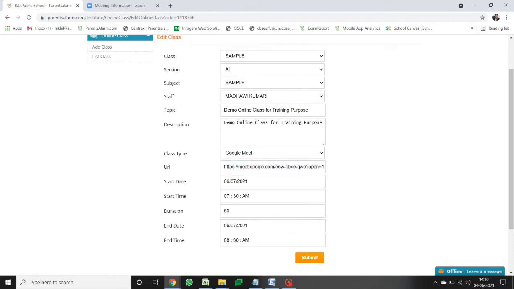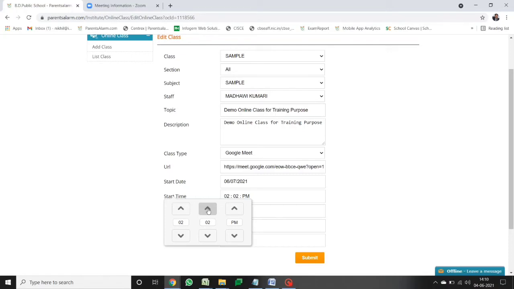So you can edit this schedule for next day also if you have the same class 9 to 10 or 7:30 to 8:30 daily. So with the same link, you can just change the date and time and you submit it. Same meeting will be arranged for that respective date. So you have 5 classes regularly, same time. So with the same URL, you can do all 5 days online class accordingly.